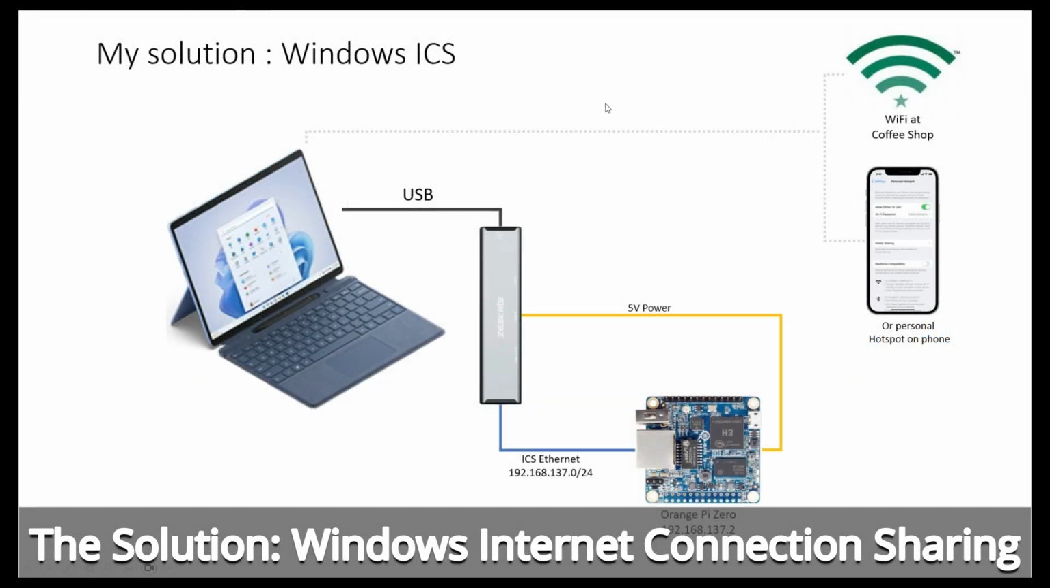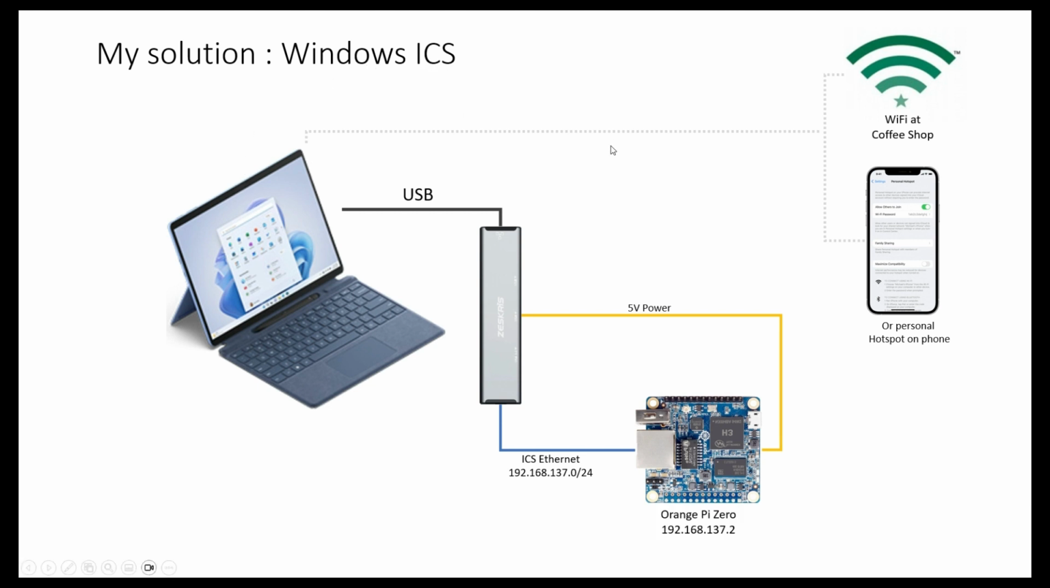So the solution for me, I'm using a PC, so I can use Windows Internet Connection Sharing to allow devices to have their own little network that is seen by my PC. The diagram here sort of shows what it looks like, but I'll go through the setup procedure. On my laptop, first I connect up to the point of connection, either the Wi-Fi at the coffee shop or a hotspot on my phone, and then I also plug in a USB dongle that has additional USB outlets